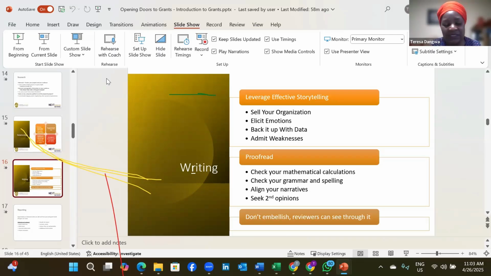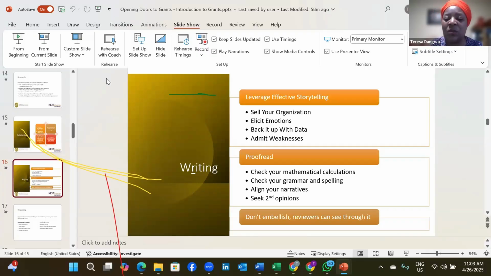Proofread. A lot of people don't proofread because, for whatever reason, they think that since they've been reading it, it's fine. If it's your work and you've been reading it for a while, at some point even the mistakes start looking like they are correct. That's why it's best to have someone else look at it. Have a second or even third opinion, have other people read it, just to check grammar and spelling.